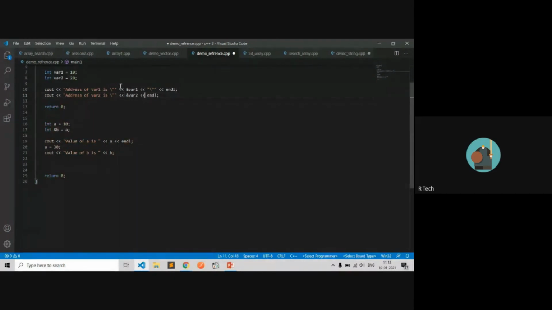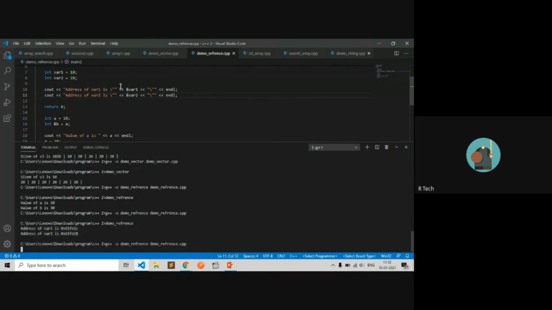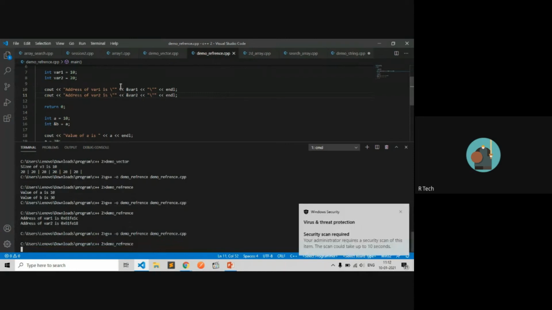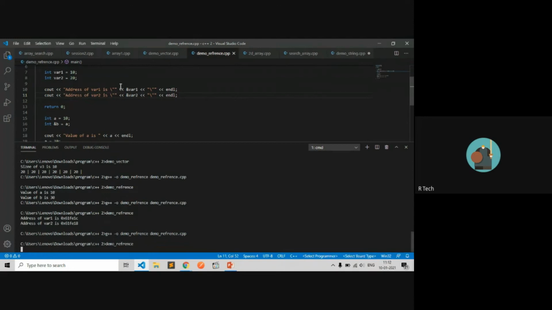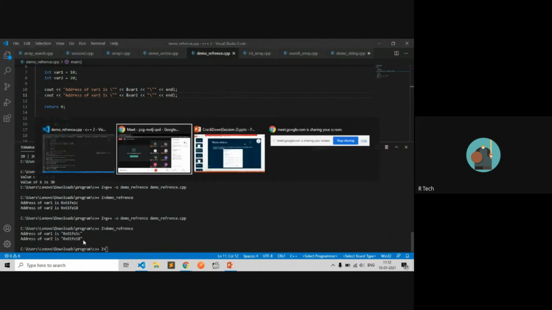Good. Let's check whether it's working or not. Yeah, it outputs like this.